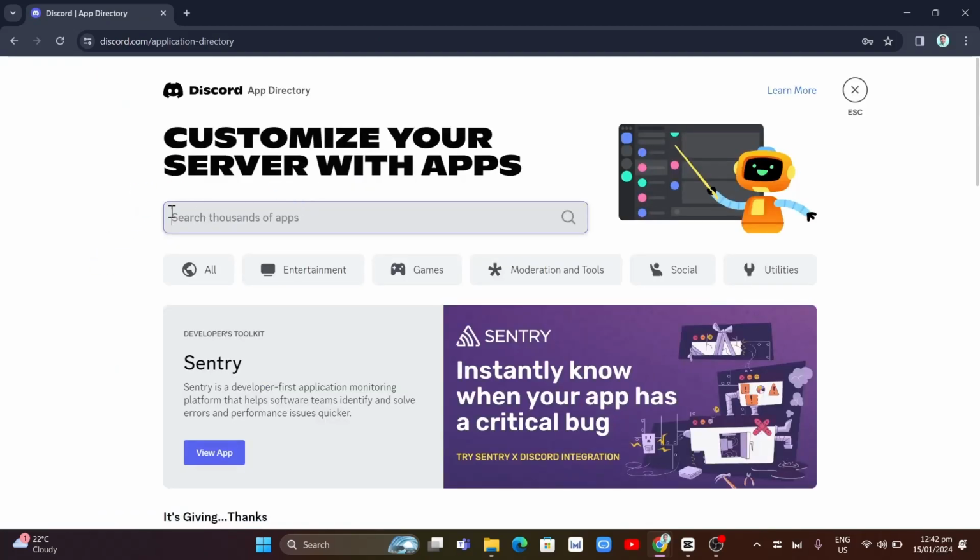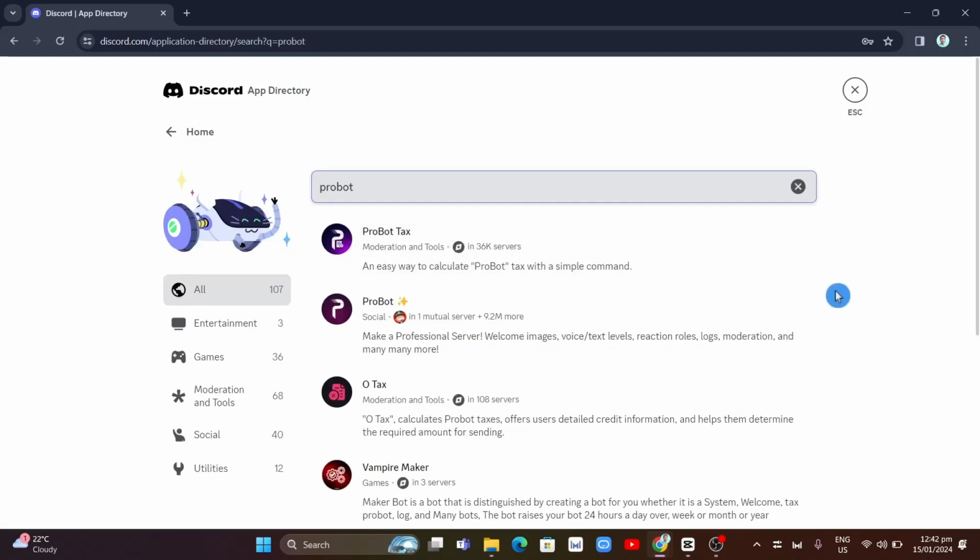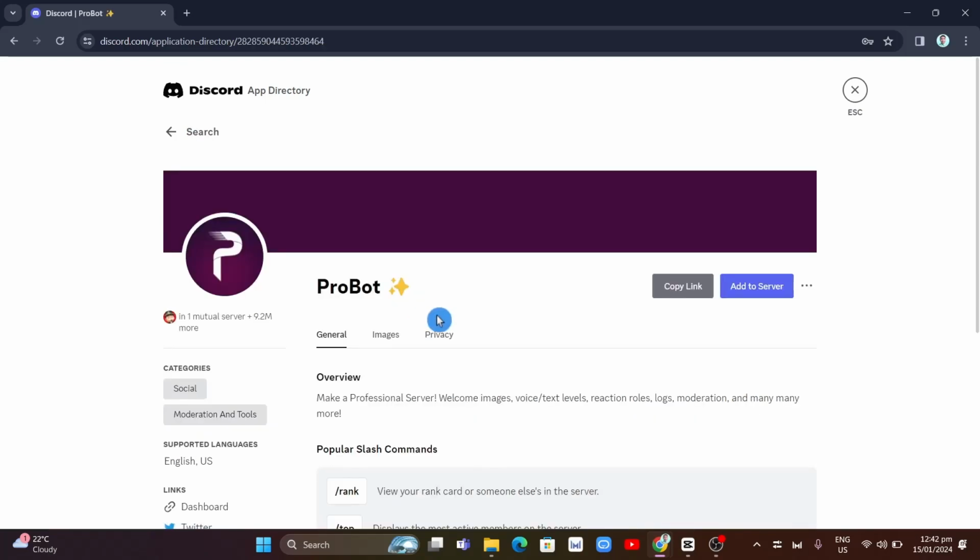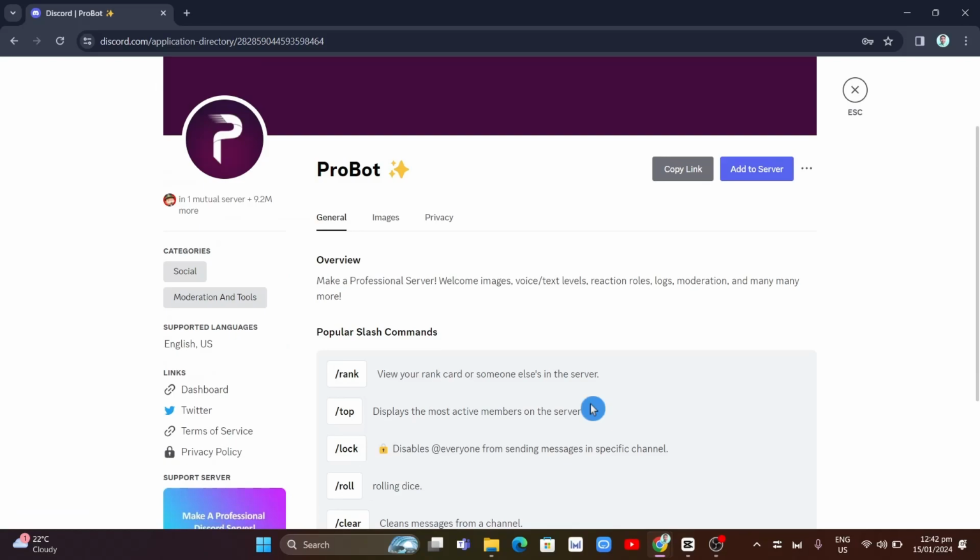Once you click on that, as you can see the search box, so we're going to type ProBot and then click enter on your keyboard. Now here, you just need to select the second one, the ProBot with this star icon beside that ProBot name. So basically click on this one, and here as you can see the details,